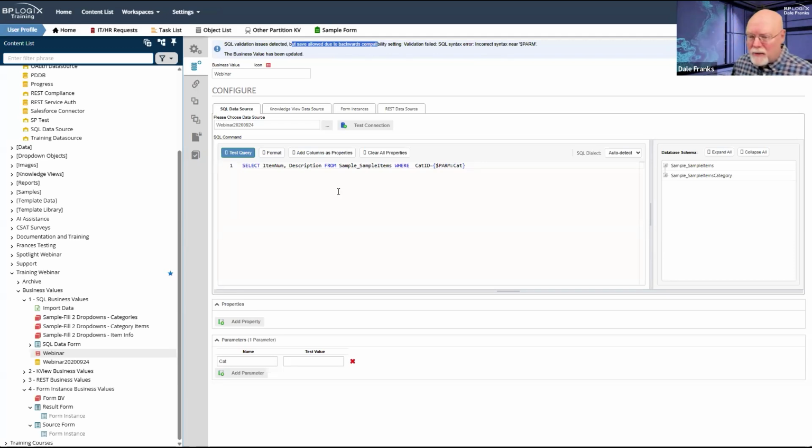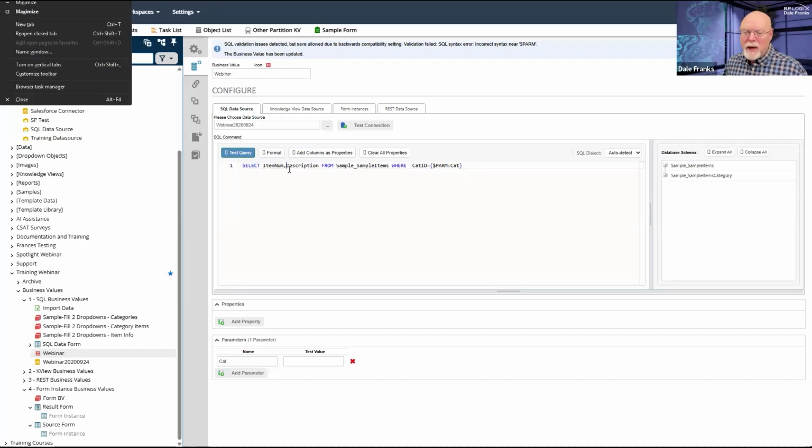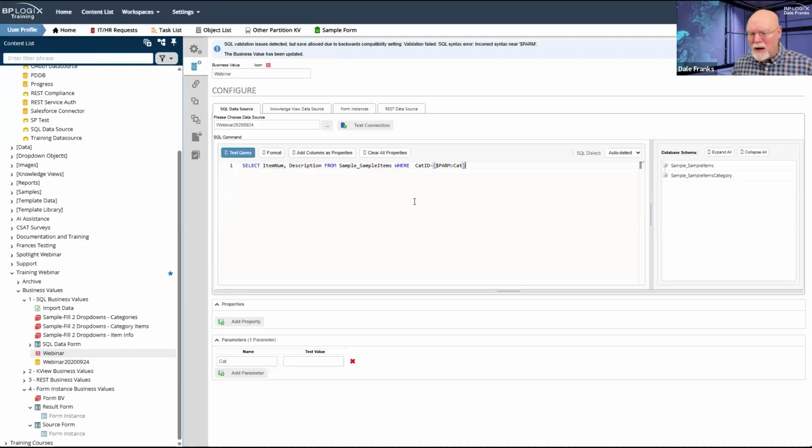I'm going to save exactly what I asked for. I am going to get rid of that extra space. I don't necessarily have to. And quite frankly, I don't need that space right there, but I just have 30 years of writing SQL statements behind me that I have a format that I use, and I'm not going to stop using it. A couple of other features that you have here.